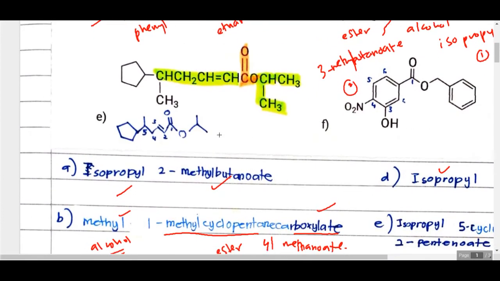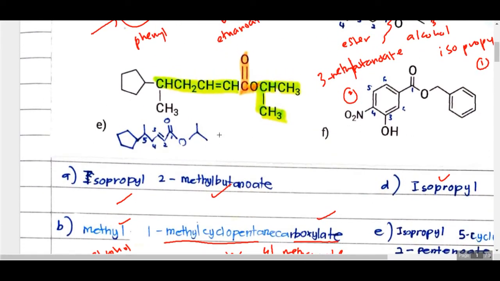All right, number 5, E. Okay, E is quite tricky because it is in condensed form. So what you need to do is again identify which part is the alcohol part. The alcohol part is over here. Again, although it is drawn like this, we realize that this is an isopropyl structure. Maybe you ask, hey, what if instead of isopropyl, we name it as, right, this is number 1, this is number 2, this is the substituent. Right, you want to name it as methyl